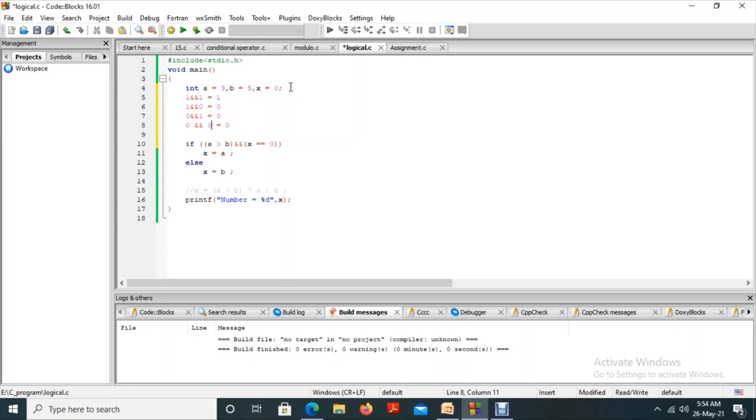So these are the rules of the logical AND operation. Correct? You may have studied all these things in your previous classes, in 12th standard.